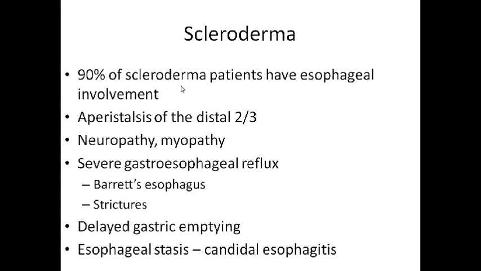Scleroderma, again, is a very unfortunate condition that is present in society. 90% of scleroderma patients have esophageal involvement. If you remember, we also have peristalsis in the distal 2/3. This is more the smooth muscle, not the voluntary striated muscle, associated with neuropathy and myopathy. And again, we may have deficiencies in the actual contraction, and that could cause dilation of the esophagus